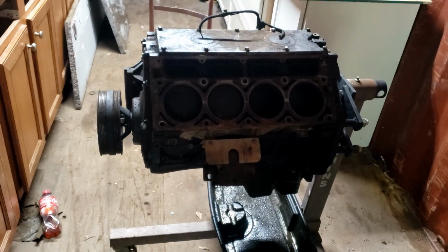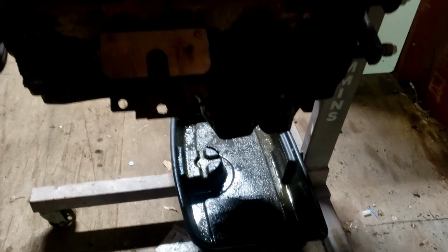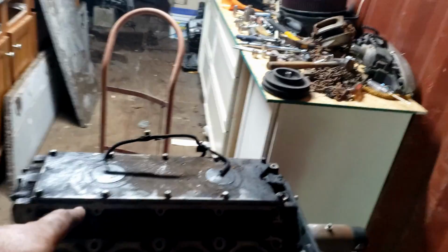So here it is. It's the 5.3 LS motor. I finally got it on the engine stand. Got the oil drain underneath it. We're about to drain the oil out of it, and then I'm gonna pull the valley pan off of it,